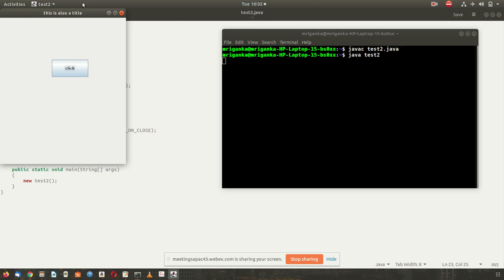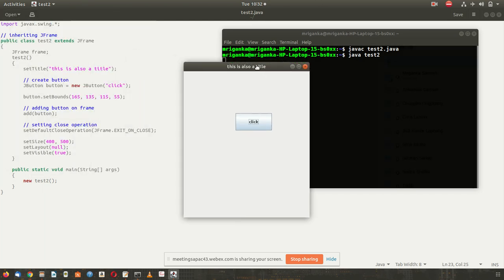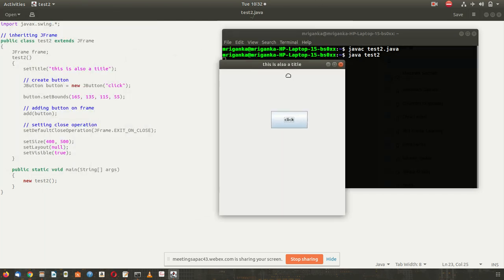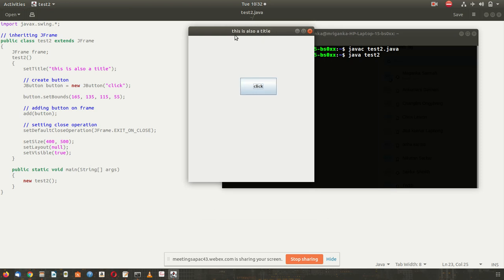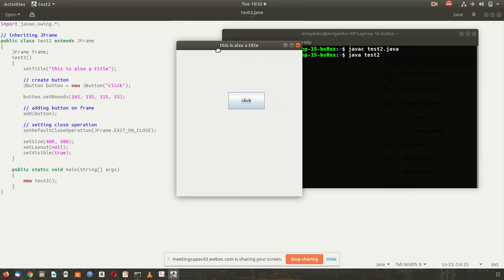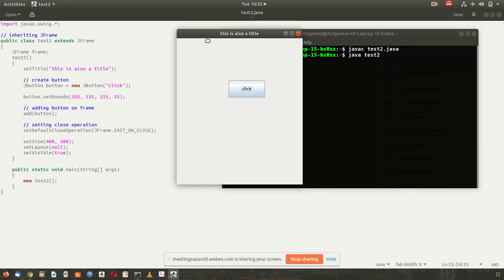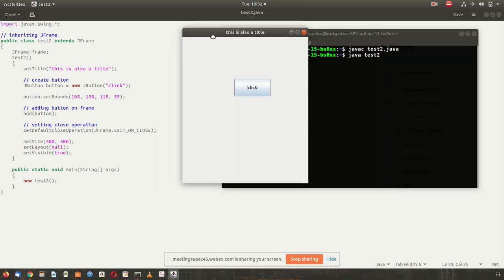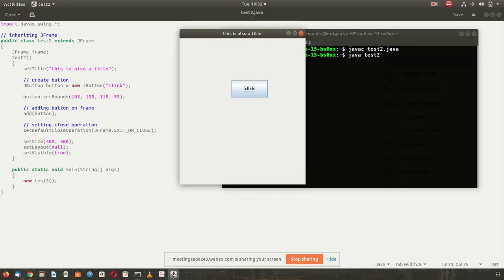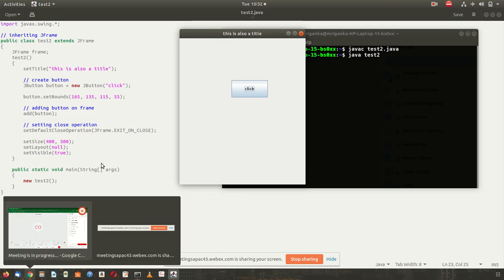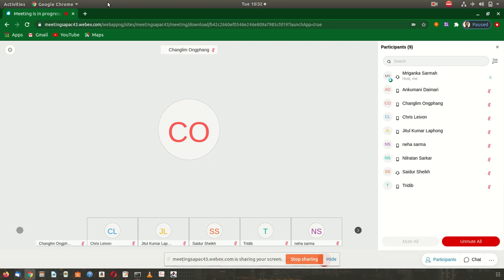So the swing command basically allows us to create user interfaces in this fashion. User interfaces have several components that we have seen.